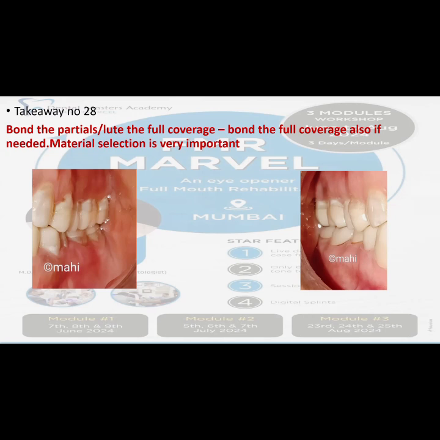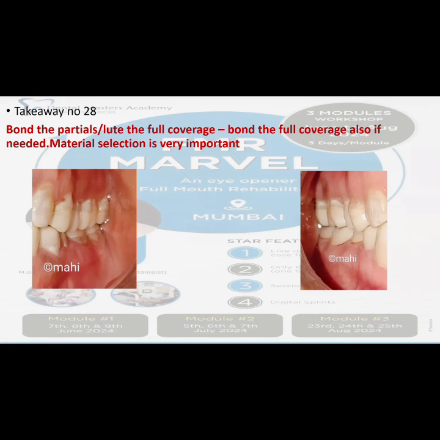If you're bonding something in the posterior, it has to be lithium disilicate. Don't use a zirconia, though it can be bonded. There is a protocol for it also, but the zirconia bonding is far inferior when you compare it to lithium disilicate bonding. So a posterior partial bonded restoration is good to go with a lithium disilicate. Whereas a full coverage, you either give a monolith or a layered restoration, depends on the space that is present